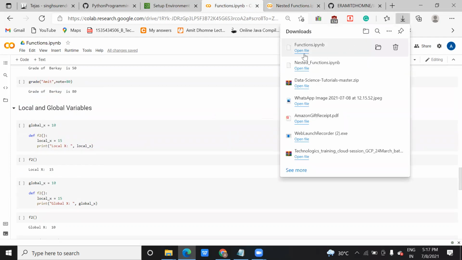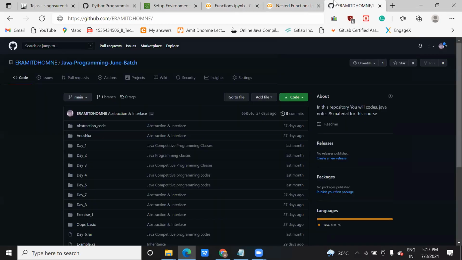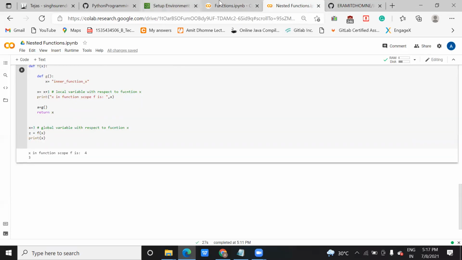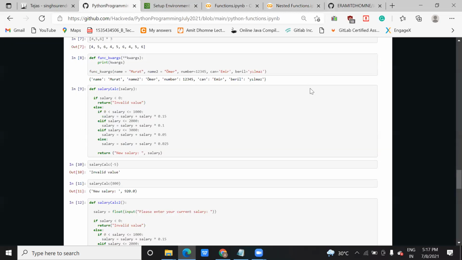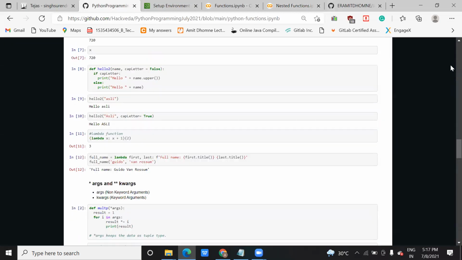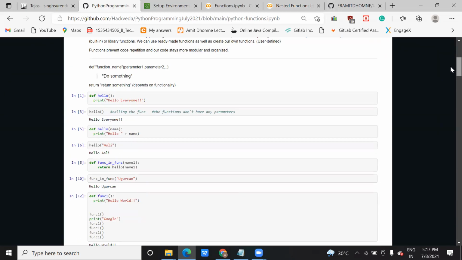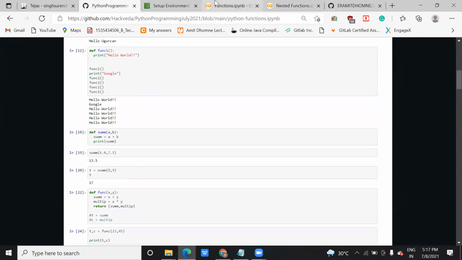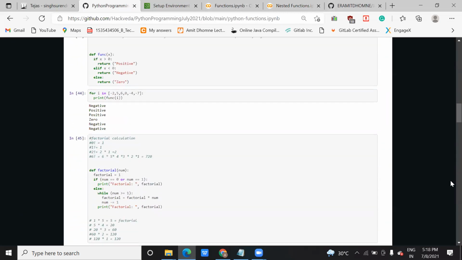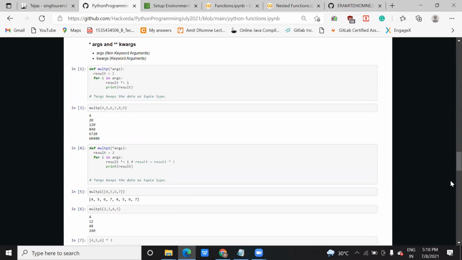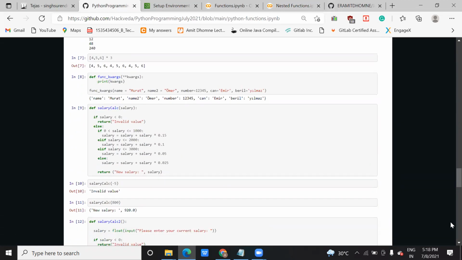I had one doubt about keyword argument. Yes, ask me. Suppose in the function I take a parameter. Where was that function in which we had done that name part? Can you show that? Yes, this one.